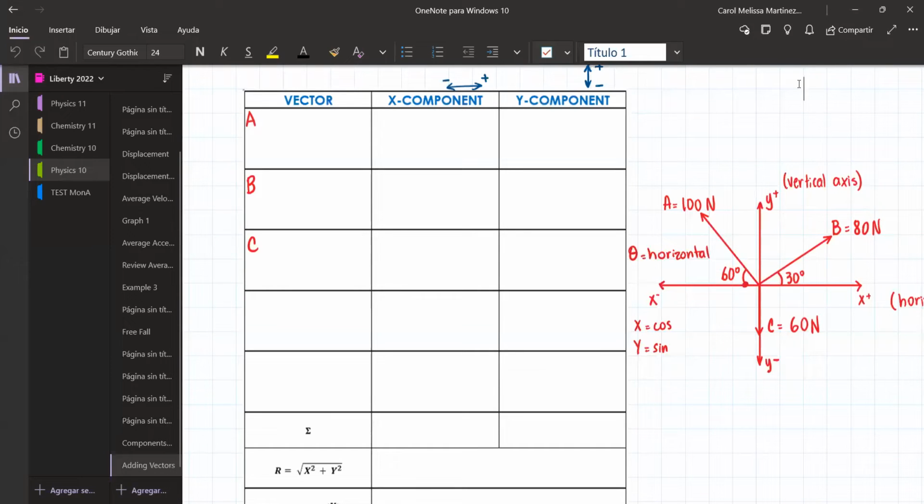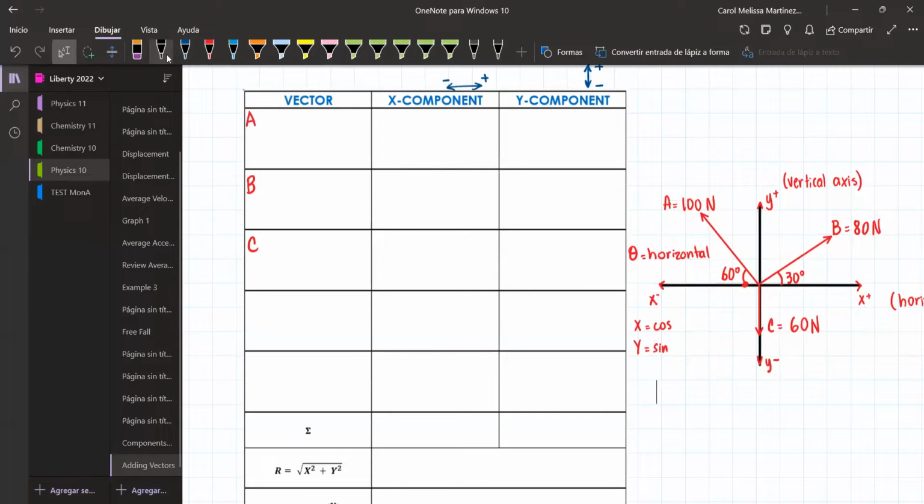In this example, I have only 3 vectors, okay? So that means that I'm not going to be using the other rows over here. I'm not going to be using these rows because I have only 3 vectors. So let's work with the first vector. In the first vector that I gave you,